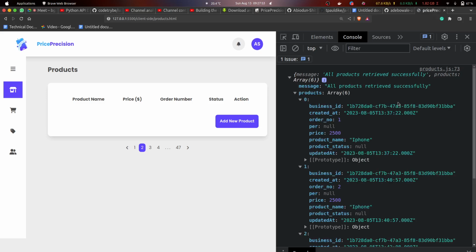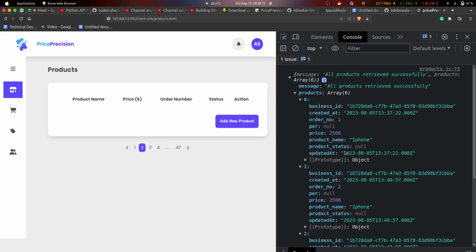We are going to loop through each of the items inside the array, and for each one of them we are just going to pick one, put it inside each table row,